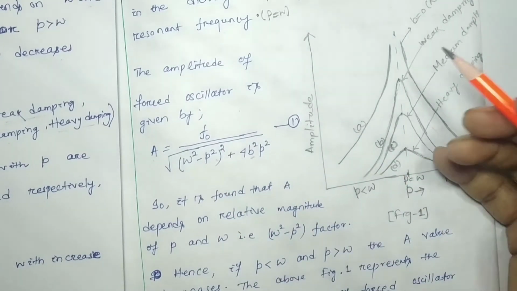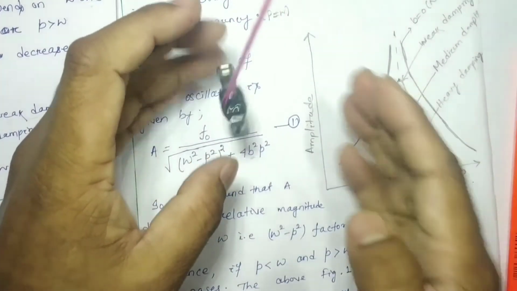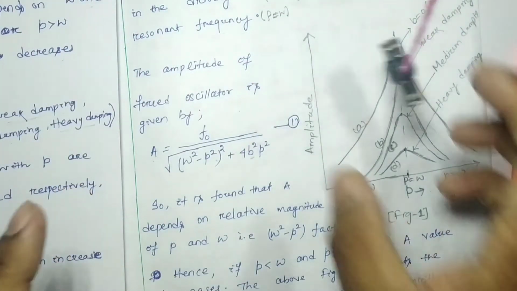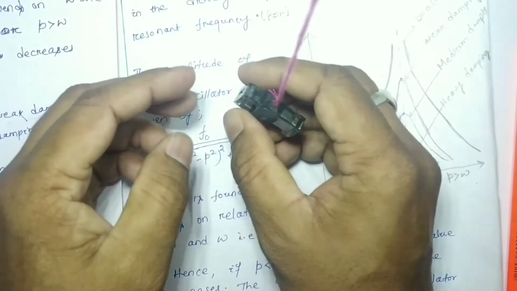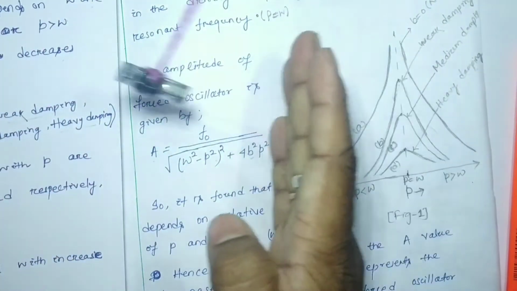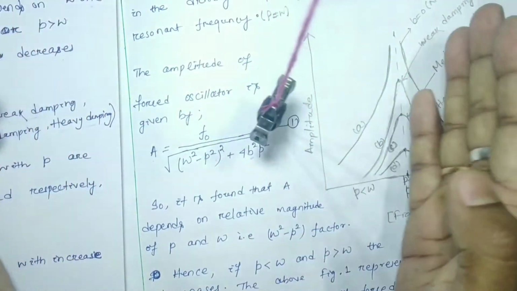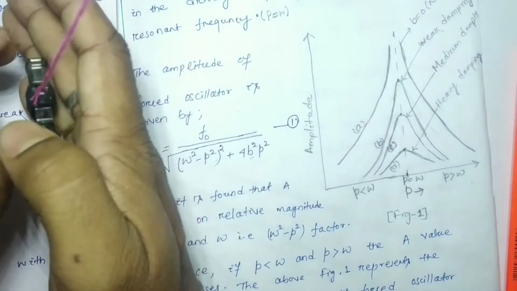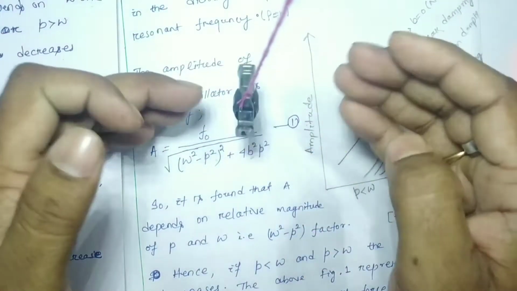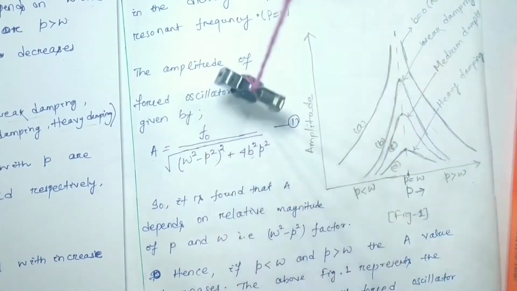And if you imagine that I have given a force in the air medium, how much maximum amplitude it goes to, the same force if this oscillator is present in the water medium, the amplitude will be less. In the air medium I applied a force, and the amplitude goes to either side by some amount. If I do the same experiment applying the same force in the water medium, the amplitude will be lesser.